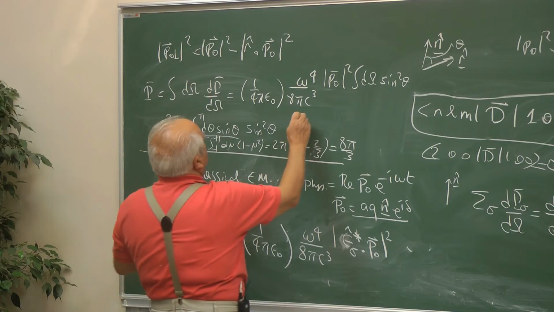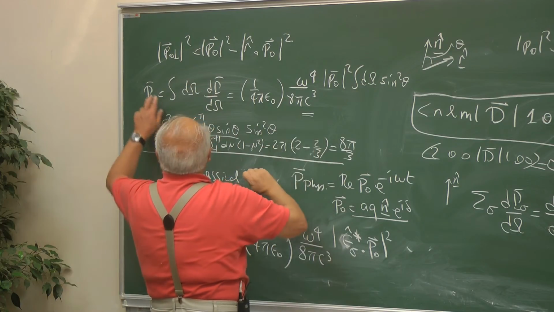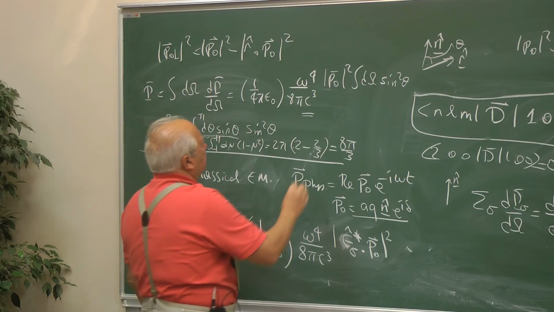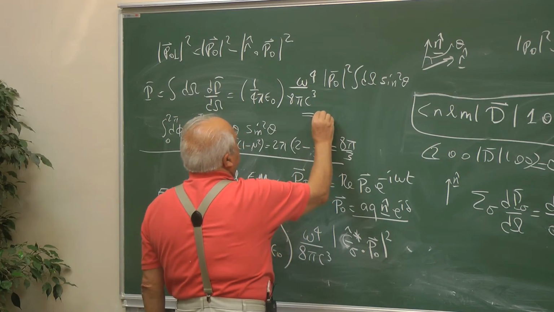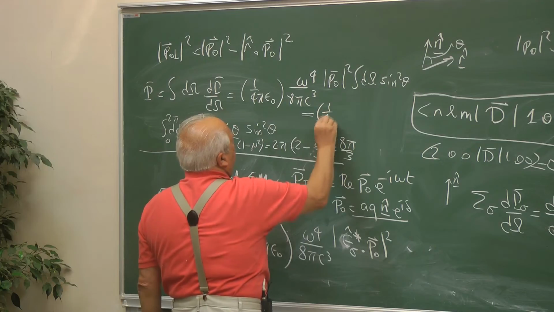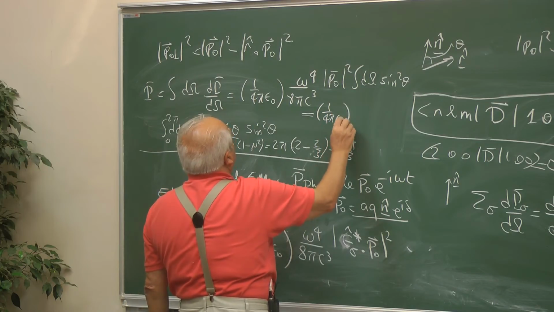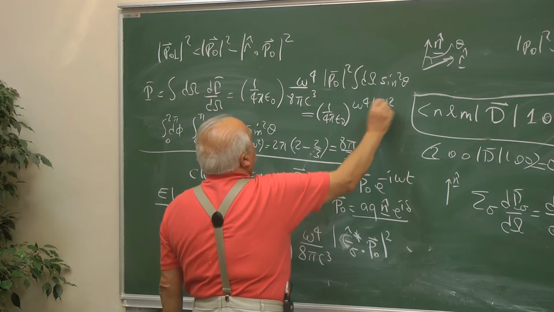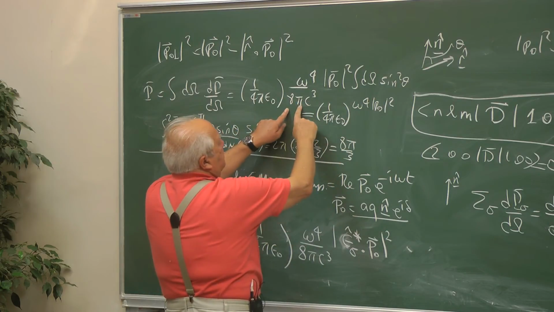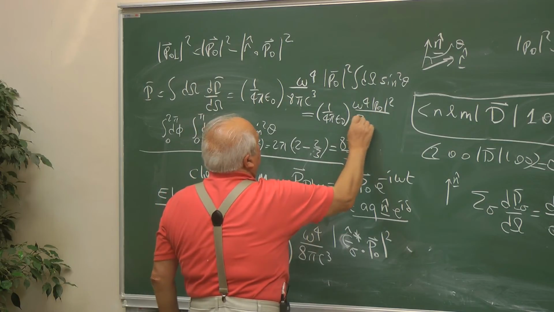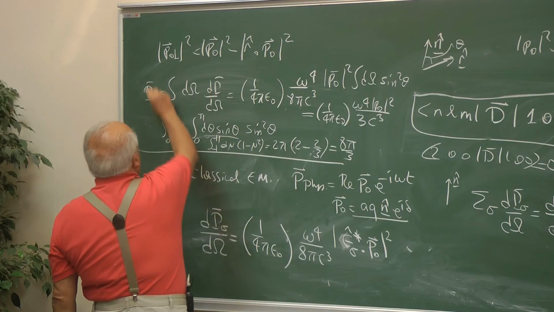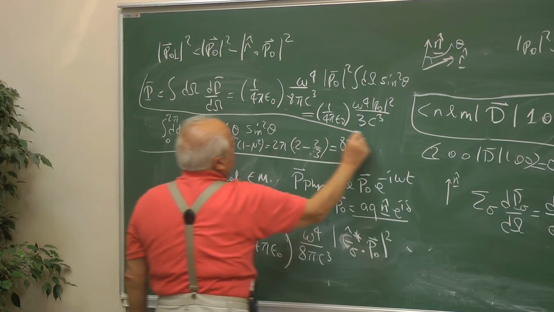So the result of this, the average power radiated over all the directions, is 1 over 4 pi epsilon 0 omega to the 4th P0 square. 8 pi cancels, this over 3c cubed. Okay, so this is the famous classical